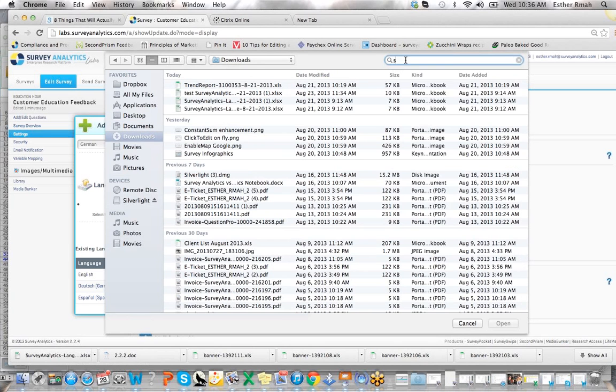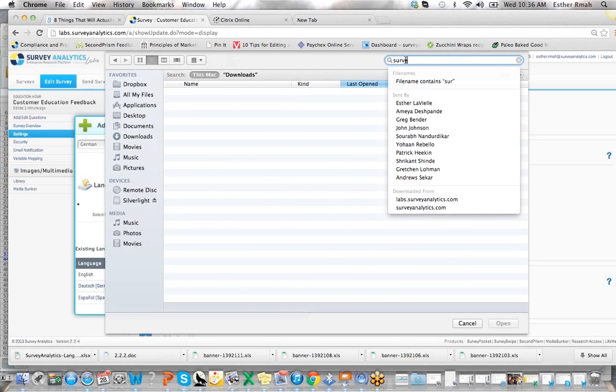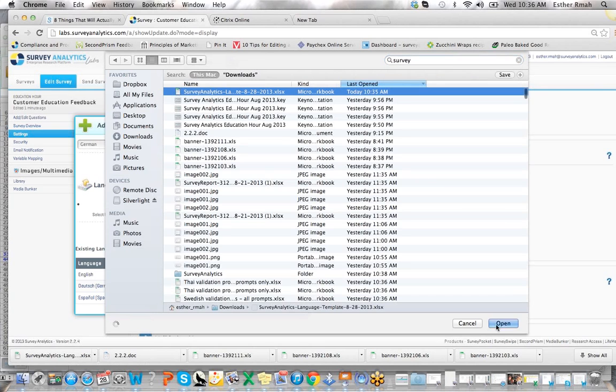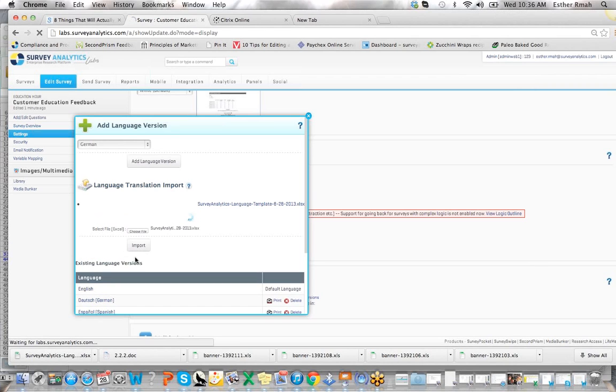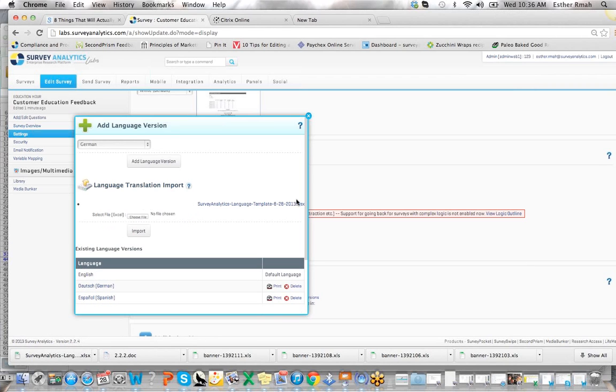So you can stretch this out a little bit more if you like, if you need to get more space, and then you can type in what you want for headers and footers, and then every single question and answer will be included here. And once you have that set up,